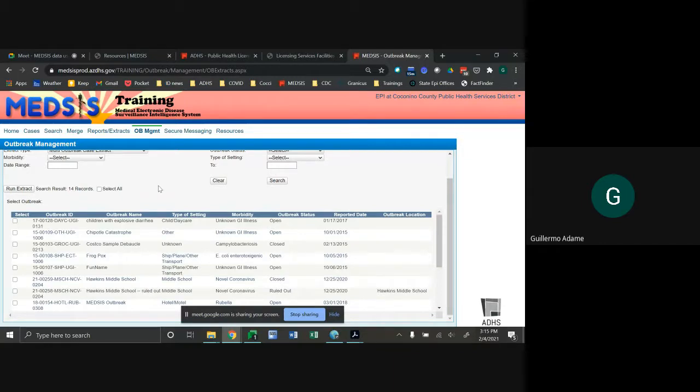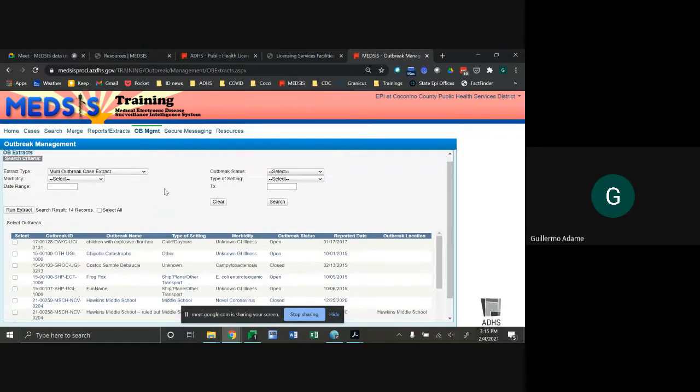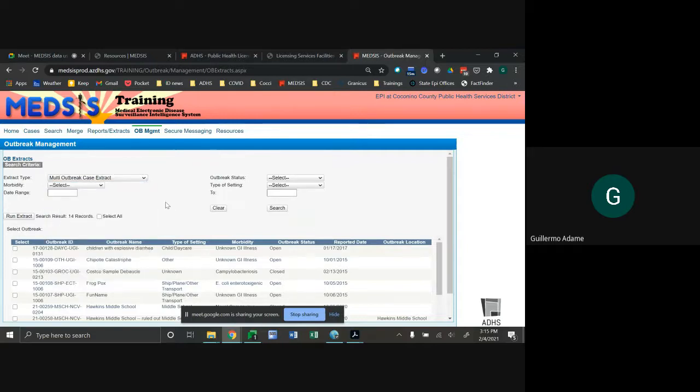Yeah, so I think that's pretty much it. We can provide more information on the other extracts in the call notes for time's sake. And again, our outbreak team can provide data outputs or line lists merging MEDSIS and OBM extracts, so let us know.